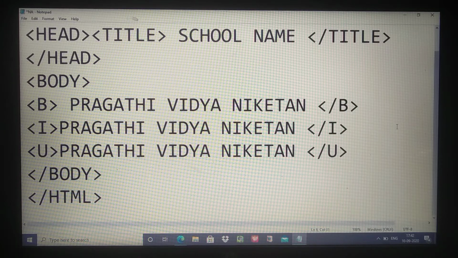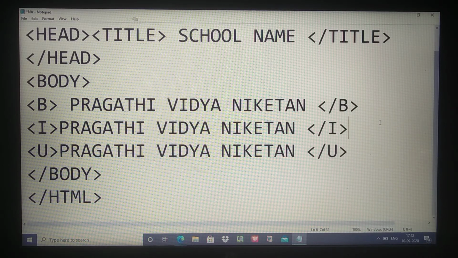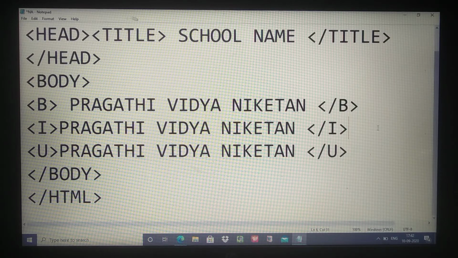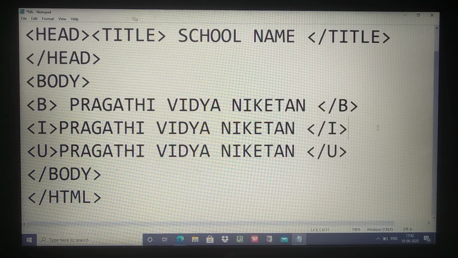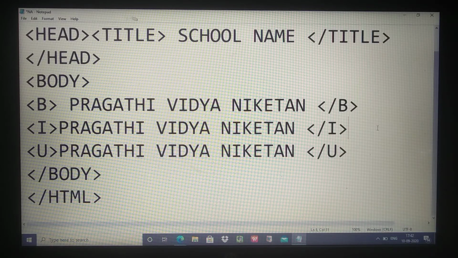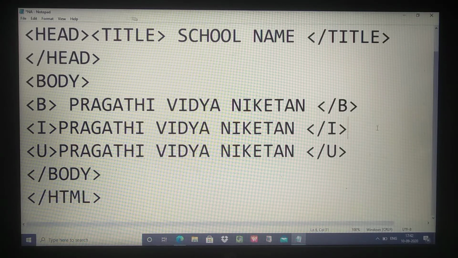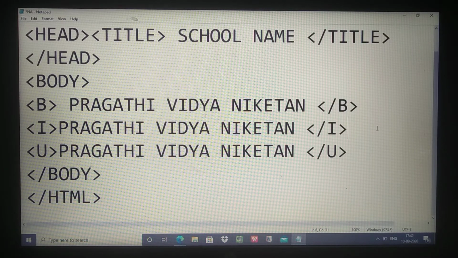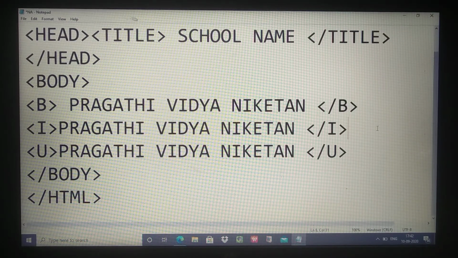Okay children, the remaining part, body attributes in the body tag and the break element, we have one program that we will learn in the next class. Hope you all understood. Okay, so this is the back end. At the back end we will use this HTML coding to write the information which we want to display on the web page. Whenever you search for information, whenever you play a video, at the back end you have the HTML coding. Even for this video lesson, at the back end we have the HTML coding. Then only your video will be played in the website.